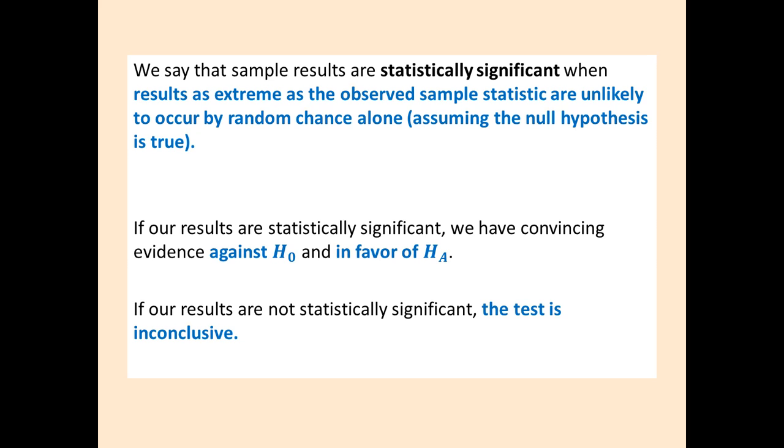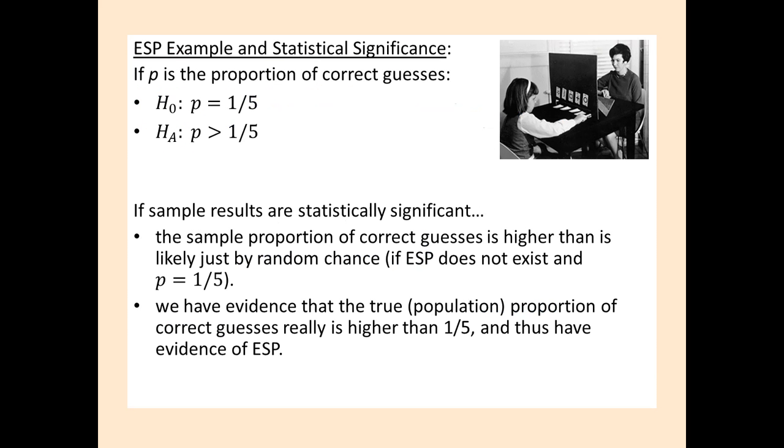However, if you don't have a statistically significant result, you end up with an inconclusive test. To make this slightly more concrete, we can run through it with the ESP example. Let's say we have a statistically significant result there. That would mean that we had a sample proportion big enough to where it looked like P, the population proportion of correct guesses, was really above 20%, or 1/5. So we'd say that the sample proportion is so high, it's unlikely to happen just by chance. And so that means that we have evidence that P is likely higher than 1/5,